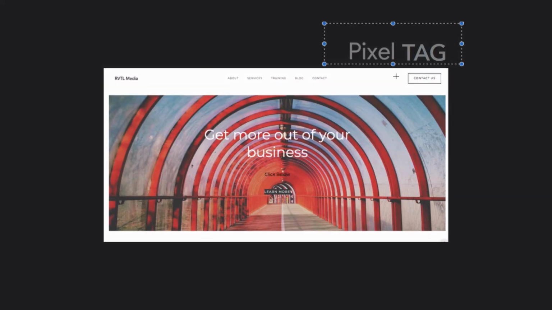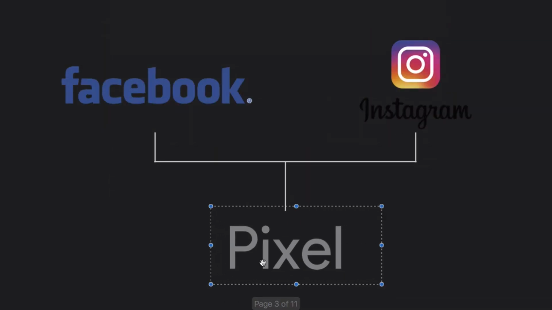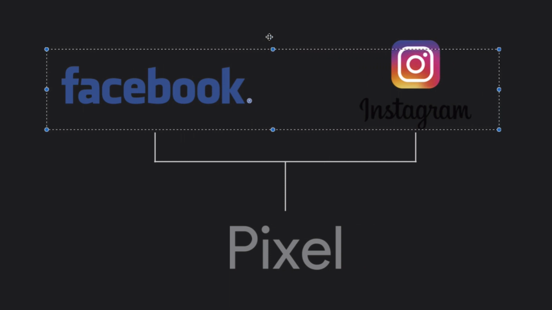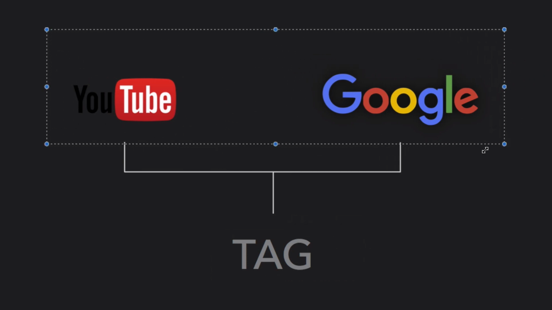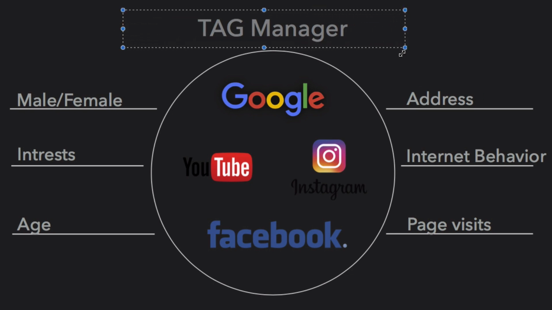To start with, there are two things that you need, and that's a pixel and a tag. That's something you install onto the website. The pixel is something that Facebook provides, for Facebook and Instagram. And then you have the tag, and that is something from YouTube and Google. What the pixel and the tag do is collect data on your potential customer and measure your customer's